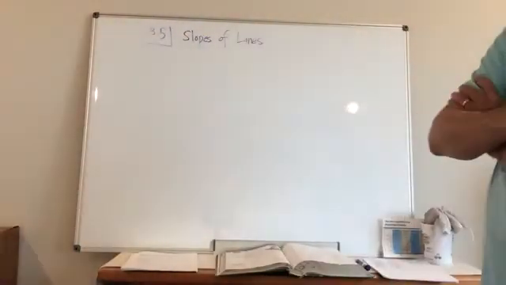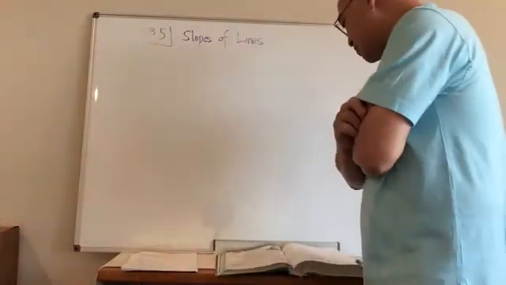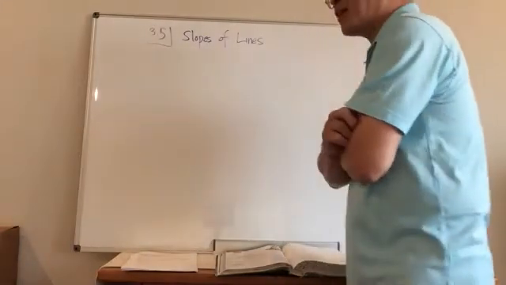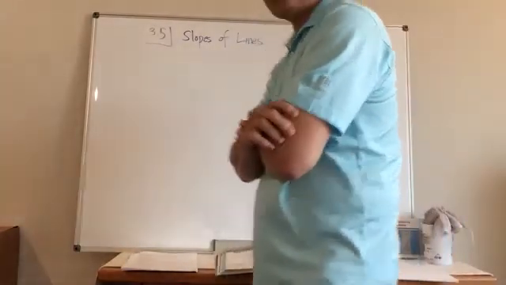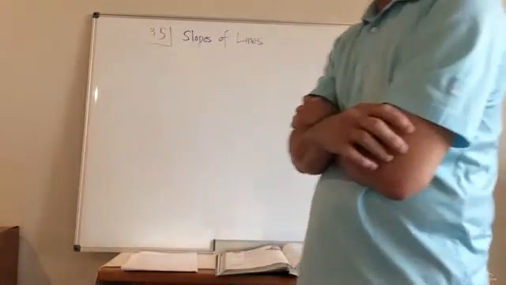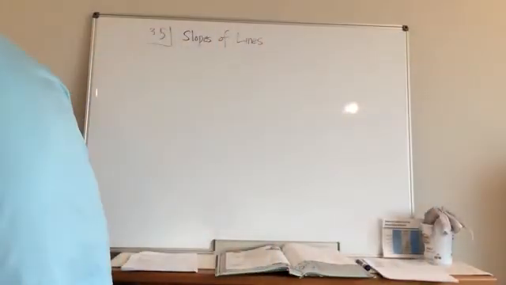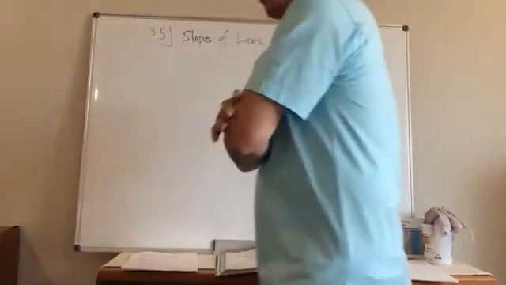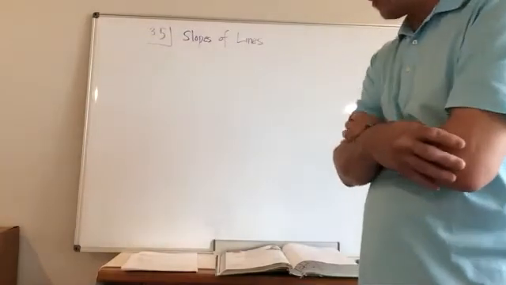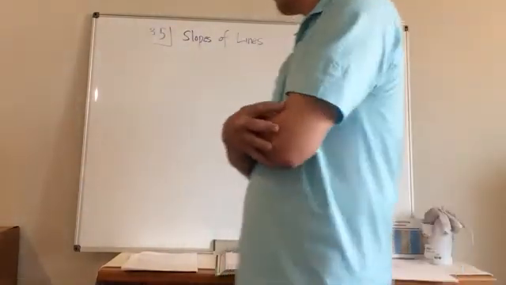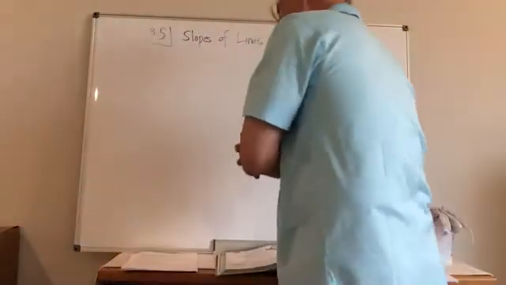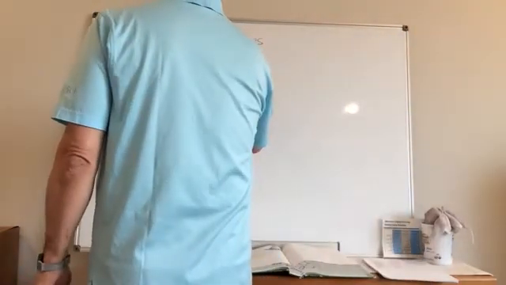Okay, so 2.5 is mostly all review. It's the slopes of the line. So this is a brief stroll through memory lane of Algebra 1. We did this in Algebra 1, some pre-algebra, even down to mid-high math 2 when we talked about the slopes of the lines, okay? So if you remember, slope of the line is calculated as the rise